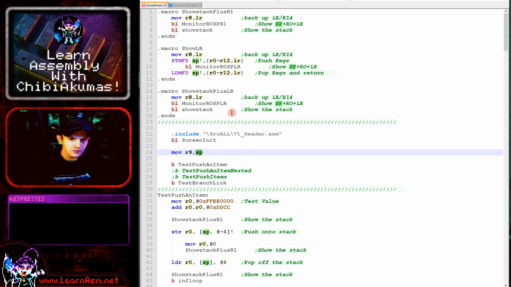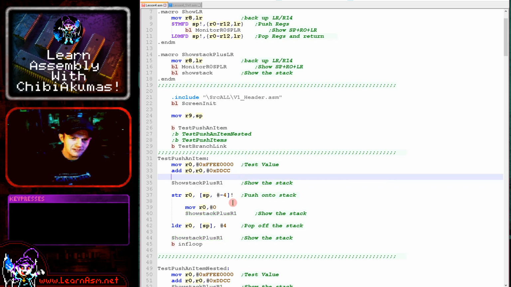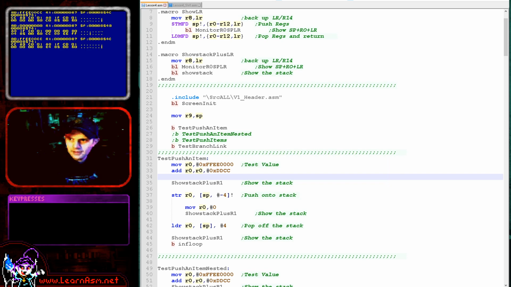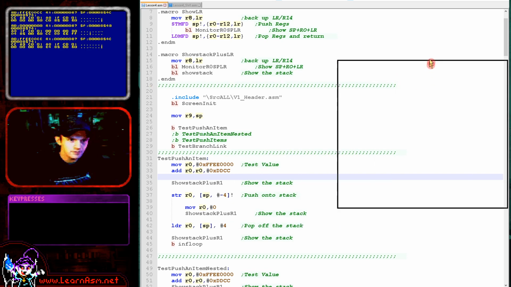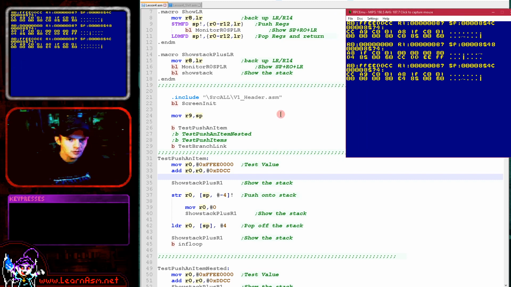Okay, so we've got this code that we're going to use, and it's got some functional macros here that are going to do some operations for us to show the results of what's going on. We're not going to discuss how those macros work today. We're just going to discuss the concept of the stack in itself. So let's just fire this code up here. Here we go, it's loaded up there. And if we just move it over here, and we'll lock it onto the top of the screen so we can look at it and discuss it at the same time,